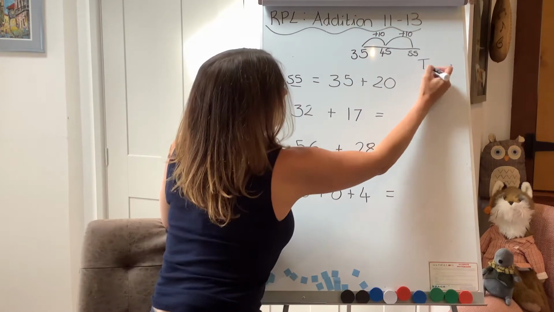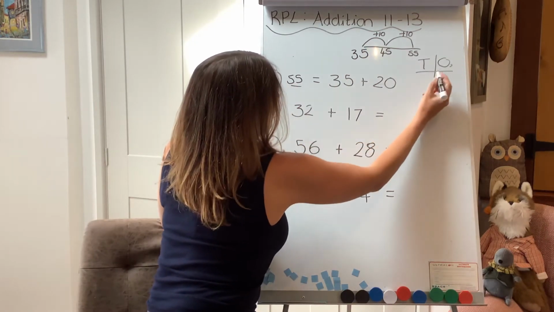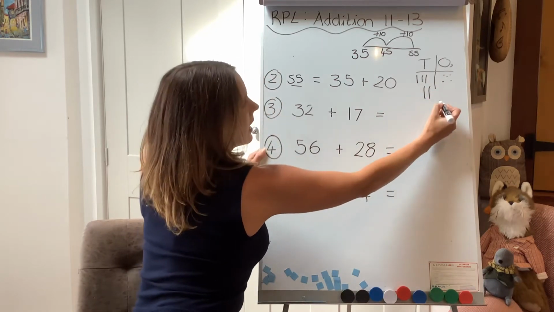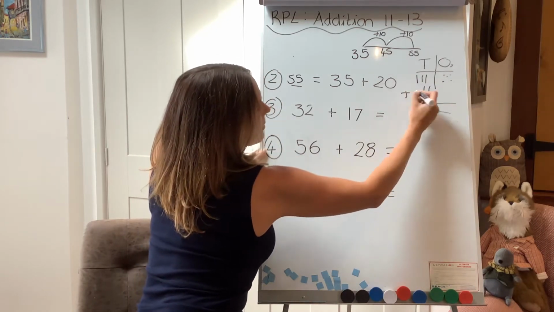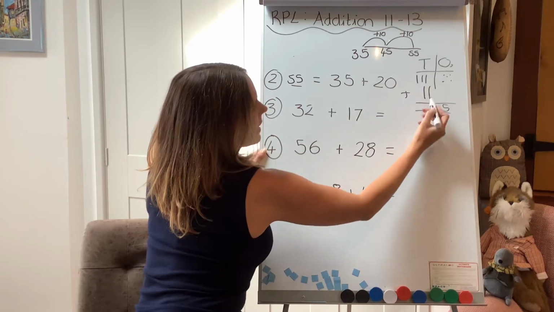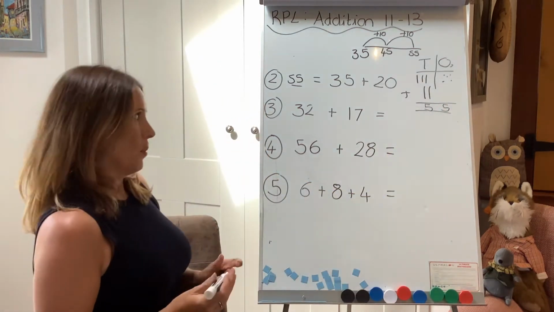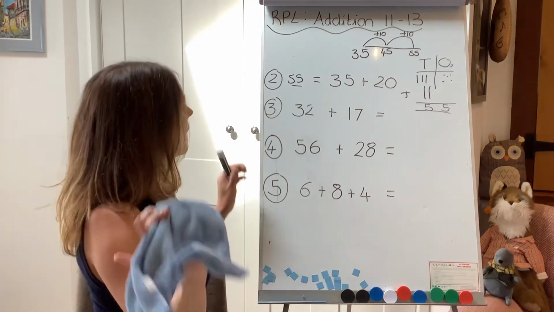You could have used base 10. You've got 30 and 5 and 20, so you would end up, when you add them together, with 5 ones, and you would have 5 tens as well there. Okay, so